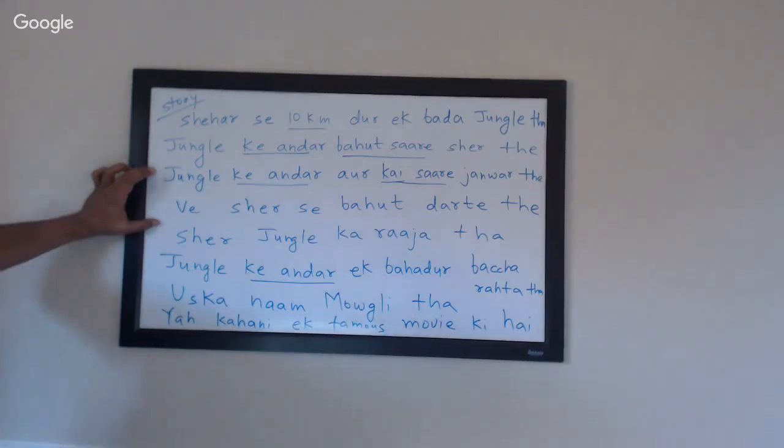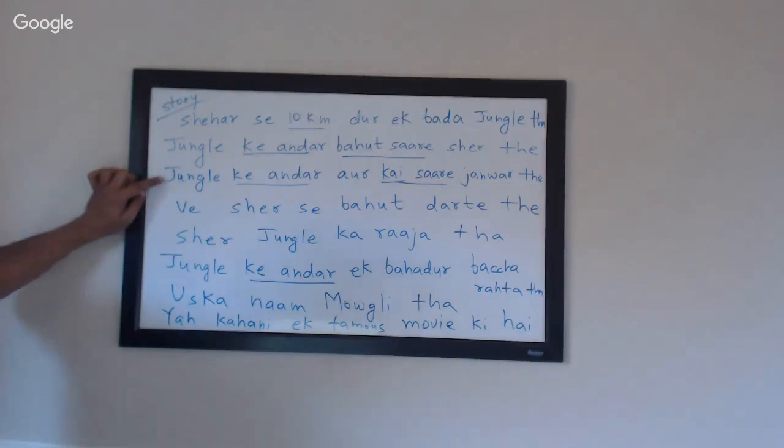So let me just make sure you are unmuted. Okay, your turn, and then we'll go to Janet because she's already translated it. So go for it, Anya, from this sentence. जंगल के अंदर और कई सारी जानवर थे